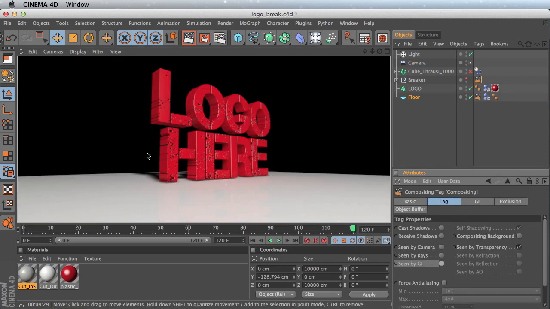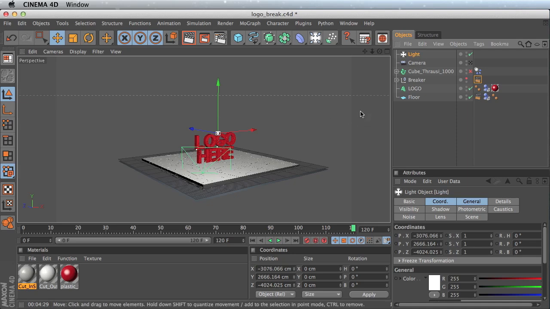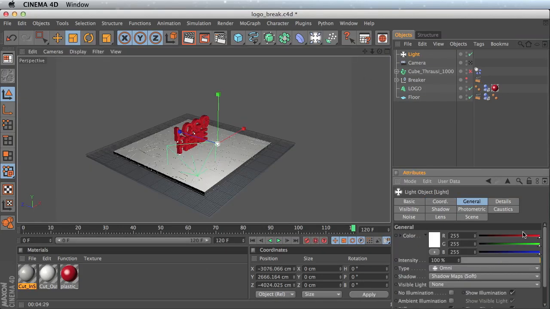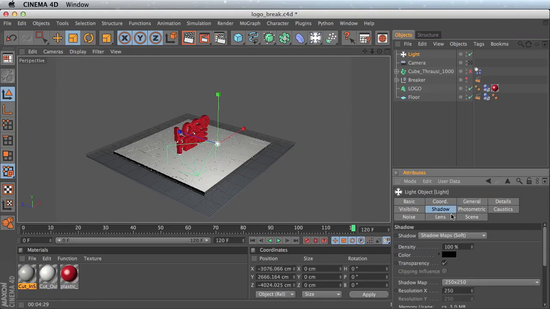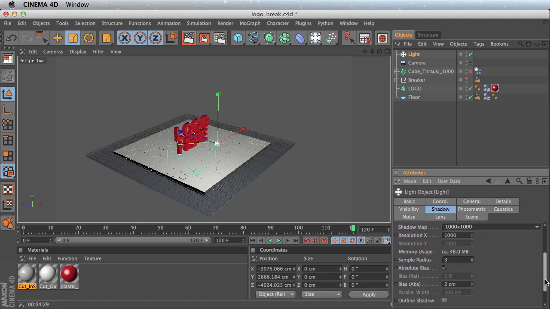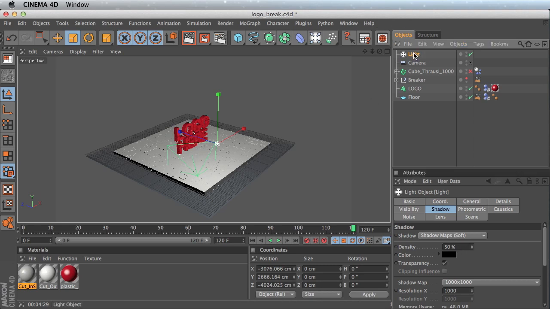We might want to add a fill light back here, just kind of fill in some of these dark shadows, and maybe some kind of a bounce card to give us a reflection across the typeface. And how we can do that is, if you come to your scene, just turn off the camera and we can duplicate this light. You can see that this is pretty far forward, so that's why it's casting those long dark shadows back there. We could affect the shadow settings by coming in here, increasing the shadow map size to 1000 by 1000 from 250 by 250, and then lower the density to maybe like 50% so it's not so dark. But we'll also go ahead and duplicate this